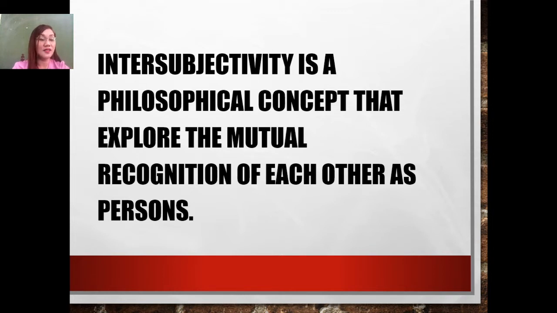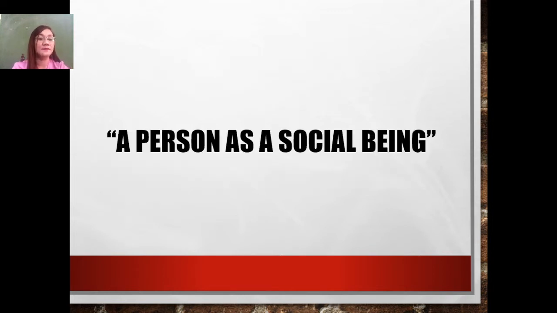Now, I will start this discussion with this statement. A person is a social being. Okay, a person is a social being, meaning to say a person wants to socialize with another person. Okay, before we begin to relate with others, we must first be aware of ourselves, rational individuals capable of determined and reasonable action. Interpersonal relations are made possible when the self becomes aware of the other, which includes everyone and everything